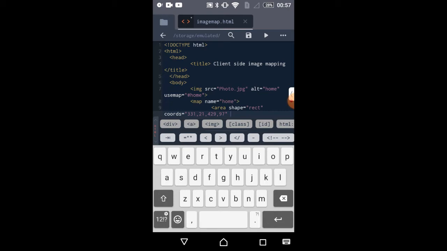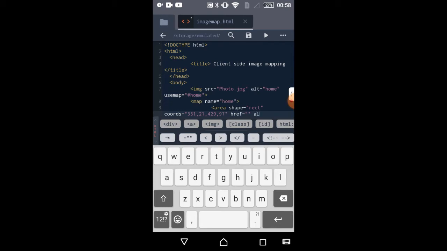After that you have to give href is equals to double inverted comma. This will specify where this region will take us to, which website. It should be a local website or it should be an internet website. Just right now I'm leaving it blank. After that you have to give alternate text which will be shown if you take the arrow on the region.